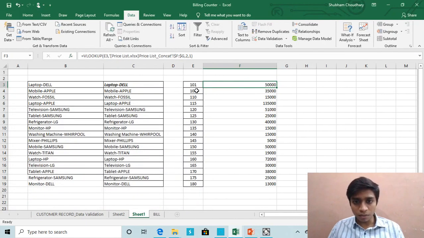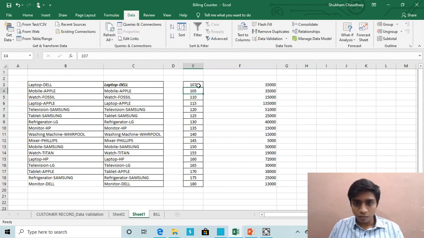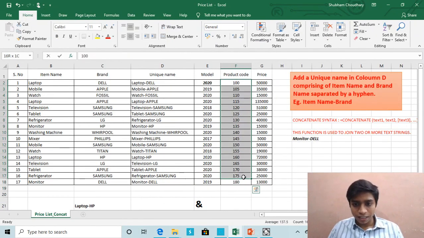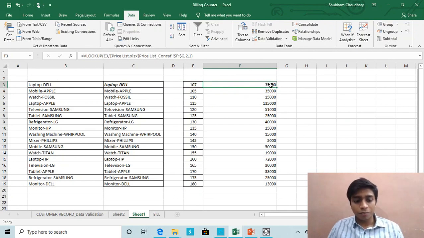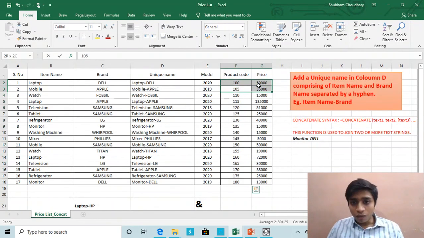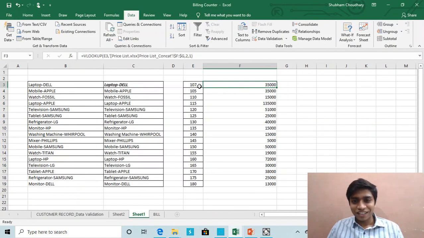Let's try something else. If I do 107, 107 is also not there in this list, as you can see, but 107 also took a value. In the ascending order, it took the value of 105, 35,000 for 105.